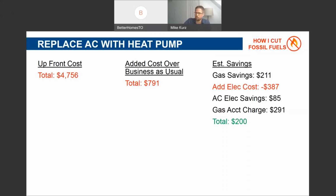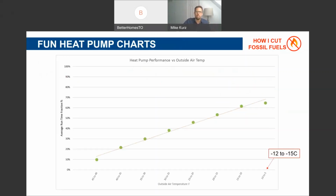But my total savings were $200 per year. And it's kind of contingent on canceling the gas account, which is why you have to go through all those other steps too. In terms of some fun charts I put together, here's a chart kind of showing the